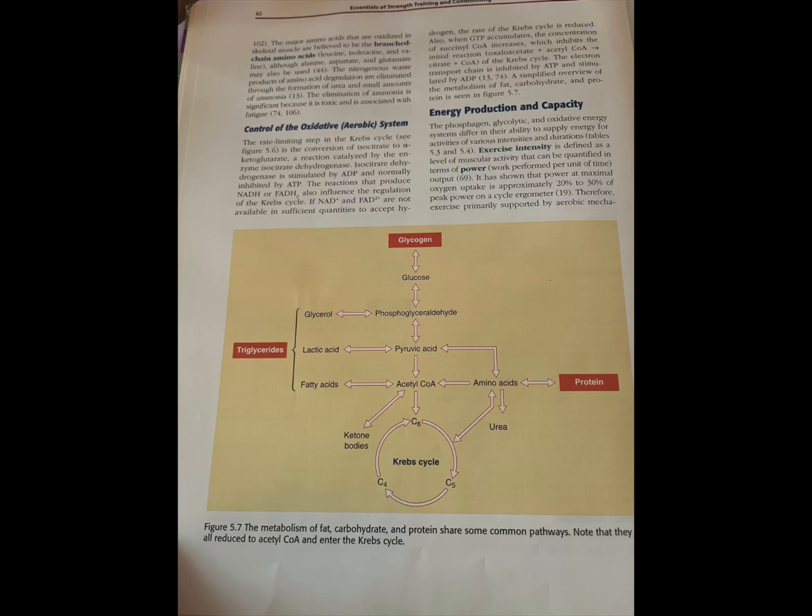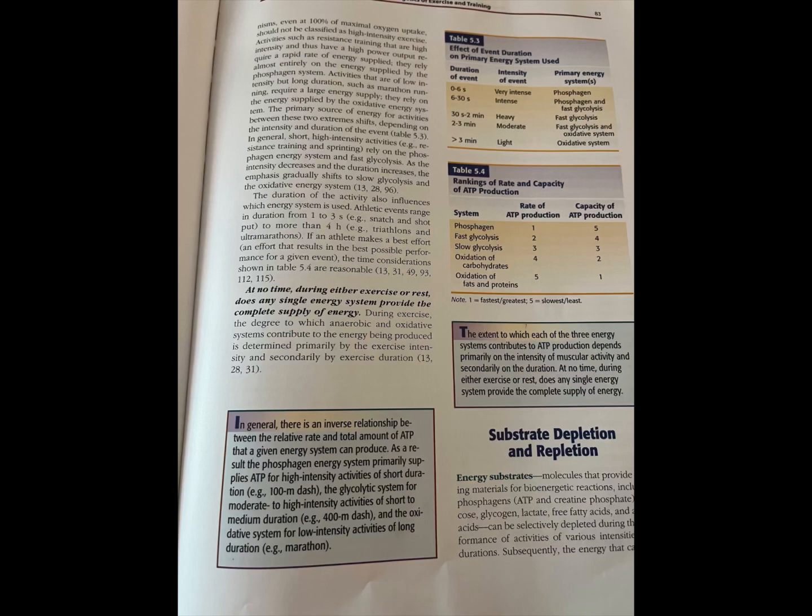Energy production and capacity. The phosphagen, glycolytic, and oxidative energy systems differ in their ability to supply energy for activities of various intensities and durations. Exercise intensity is defined as a level of muscular activity that can be quantified in terms of power, or work performed per unit of time. It is shown that power at maximal oxygen uptake is approximately 20 to 30% of peak power on a cycle ergometer. Therefore, exercise primarily supported by aerobic mechanisms, even at 100% of maximal oxygen uptake, should not be classified as high-intensity